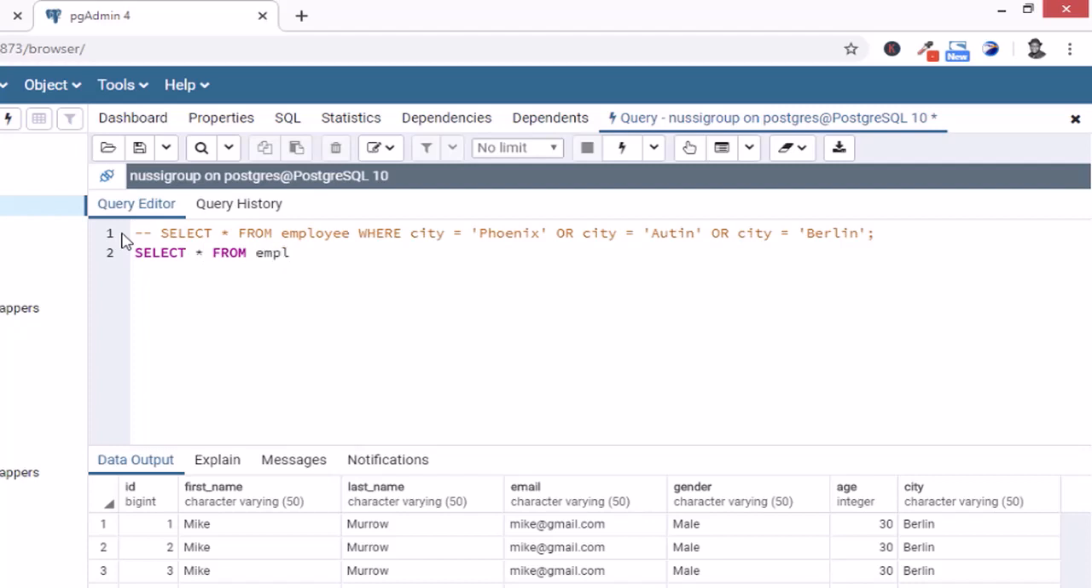employee where city, and then I'm going to use the IN operator followed by a parenthesis, and in between the parentheses I can now list the cities which I want to retrieve. So the first one on the list we have is Phoenix. Oops, we need to include a quote. So we have Phoenix,